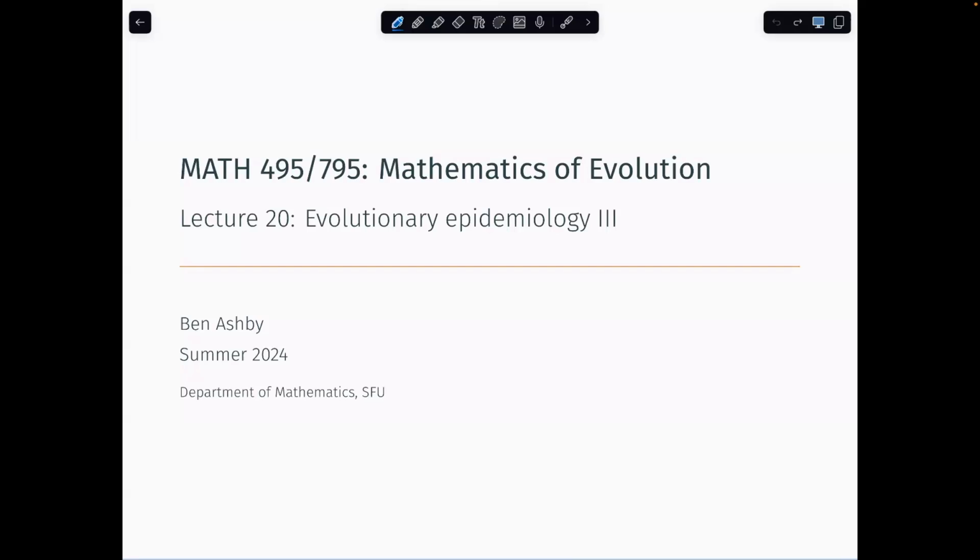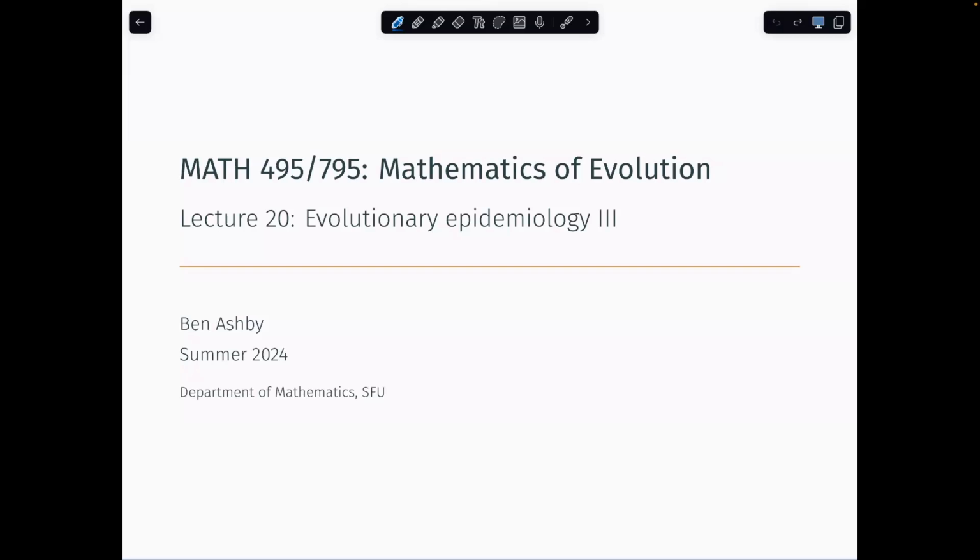Today, we are carrying on looking at evolutionary epidemiology. We started off looking at this last week, where we were looking at pathogen evolution. We were looking at evolution of virulence, how deadly a pathogen might be to its hosts. And we also looked a little bit at the evolution of drug resistance as well. So two super important topics when it comes to public health and understanding infectious diseases, also in things like conservation